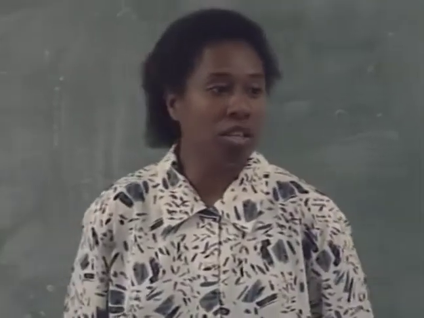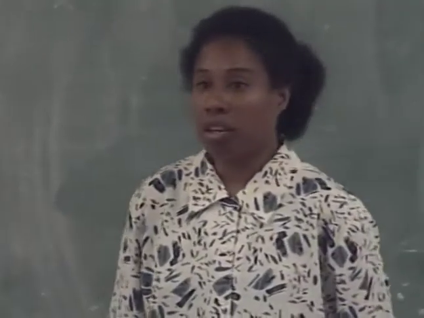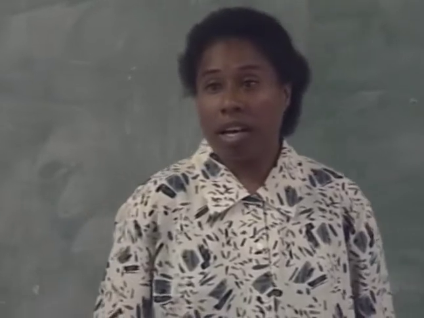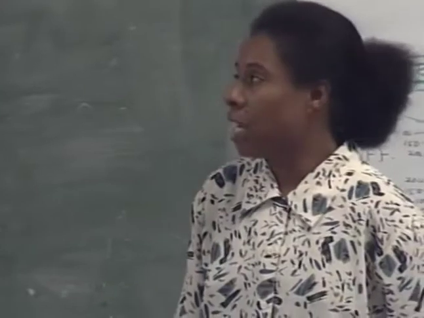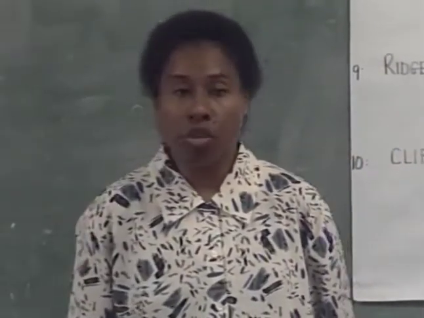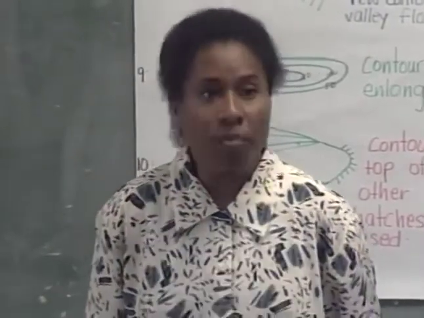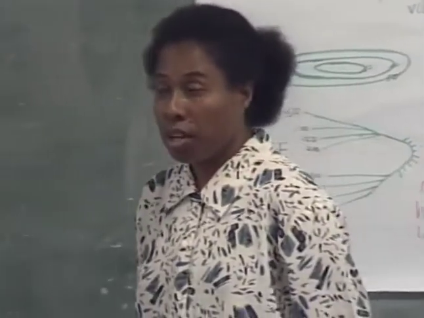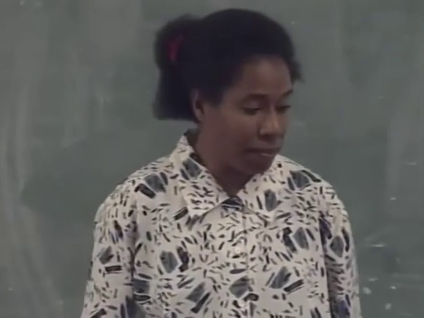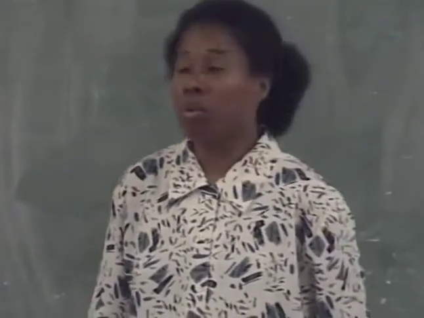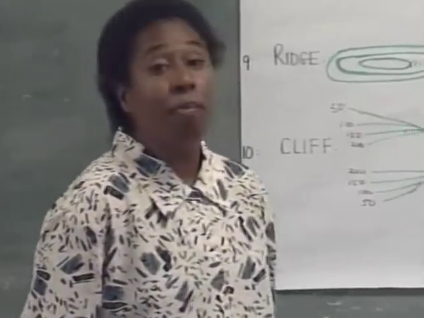Key terms: the closer together the contour lines, the steeper the slope; the further apart the contour lines, the gentler the slope. If the contour lines are the same distance apart, then we say the slope is uniform. Similarly, for concave, contour lines are closer together at the top and wider at the bottom, and for convex, closer together at the bottom and wider at the top. Those key terms tell us about the different types of slope we can find in an area. We also moved on with our lesson yesterday by looking at the shape of the land